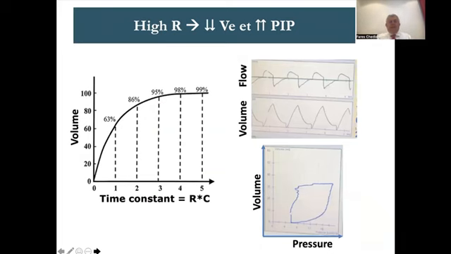Let's progress. I always ask that question, and I often get a wrong answer, but I know you're bright and you will probably answer correctly. What would you do if you see that your I time is short, as I showed in the previous graph? You see here, this is the flow graph. Normally, it should start from 0 and return to 0. The flow graph here didn't return to 0 because the inspiratory time was cut off.